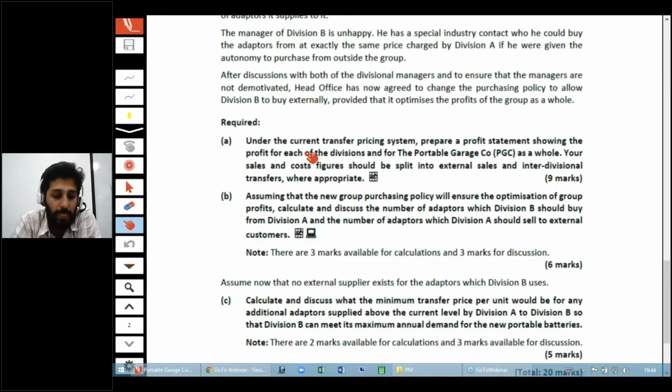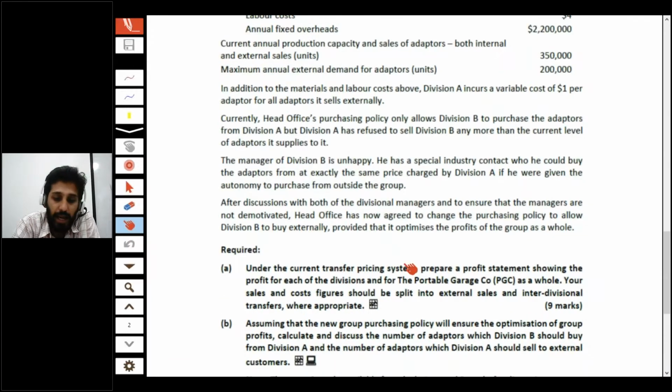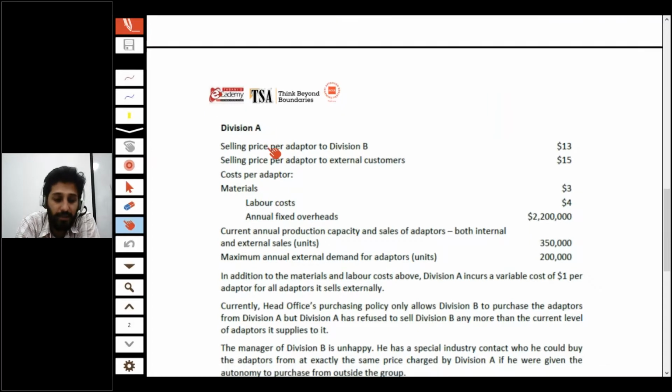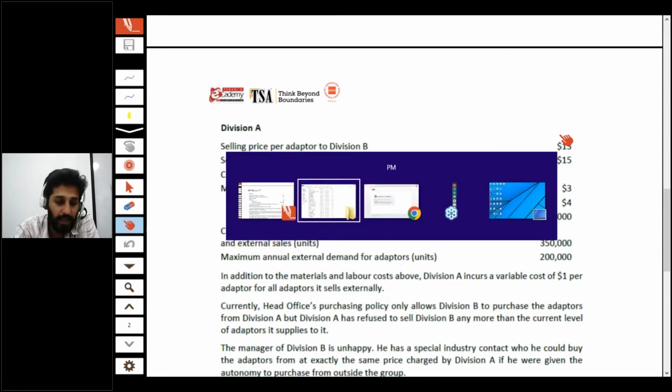It is saying that under the current transfer pricing system, and if I can help you out, this is division A, it's a selling division. They are charging external customers $15 and the selling price per adapter to division B is $13, right? So you need to prepare the profit statement. And secondly,